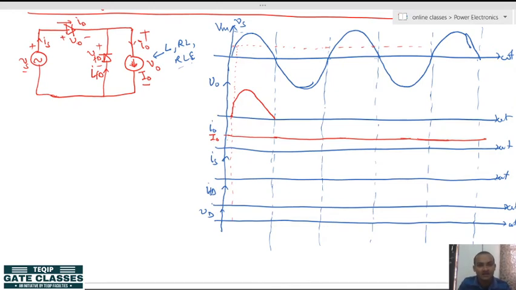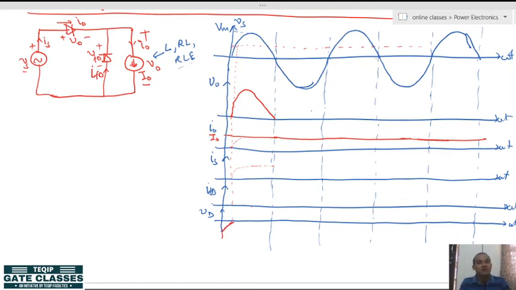It will be like this. Initially from 0 to alpha dash there will be no load current, we can assume. And the current will rise from here, initially the current will rise like that, we can see the dotted portion. Now, what is happening, the source current will also be like this initially, we can make a dotted one like this, no problem. And the freewheeling diode current will be 0 initially, and the diode voltage initially will be like this,